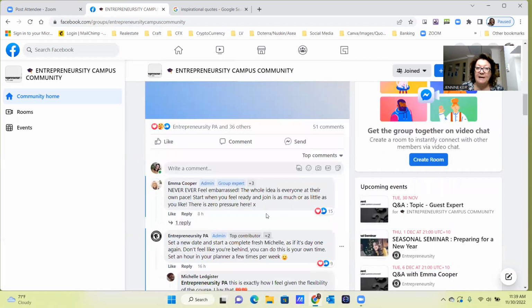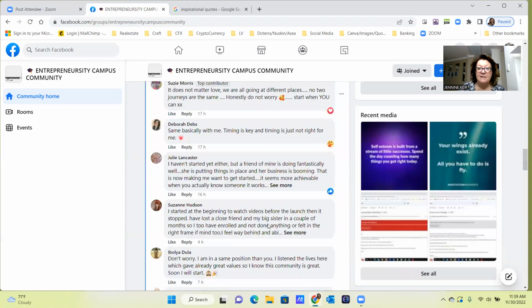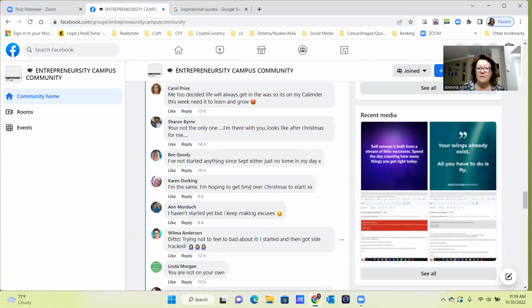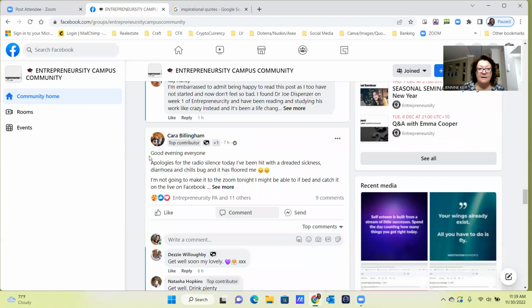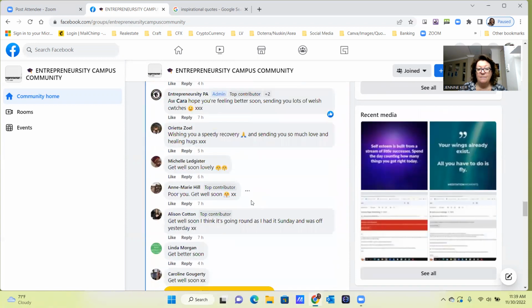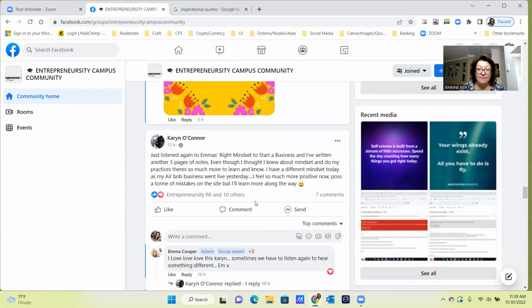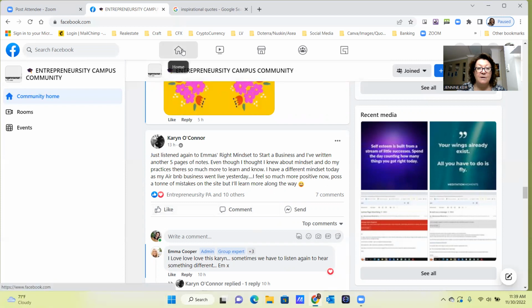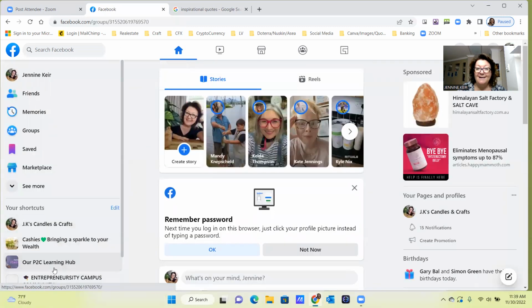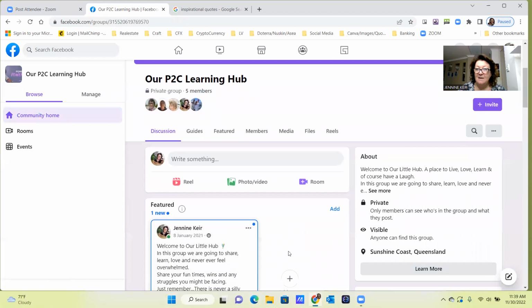That's what I'm thinking we can do with our little hub. We can have it so that, like this, people are asking questions in here. They're talking to each other. Apologies because she's not been in, but she's got questions to ask because she can't be on a Zoom. We don't have to have too much chatter, but if you get stuck on something or you've listened to one of the videos that is in P2C and you get something really good out of it, you can add it into our group and we can all have a discussion on it, or however you want to run it. It's up to you girls.